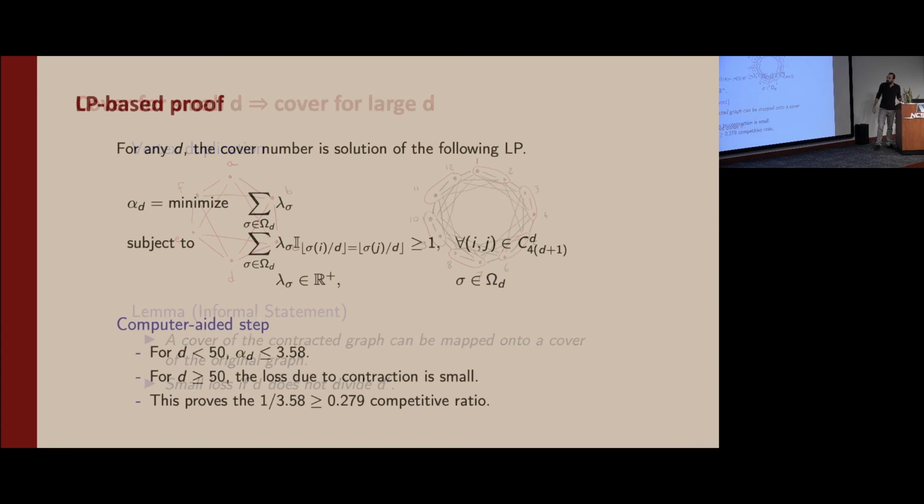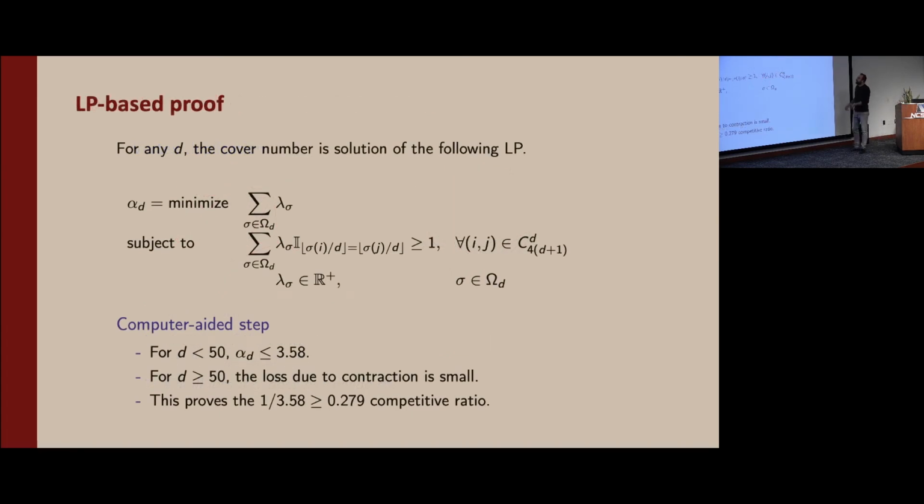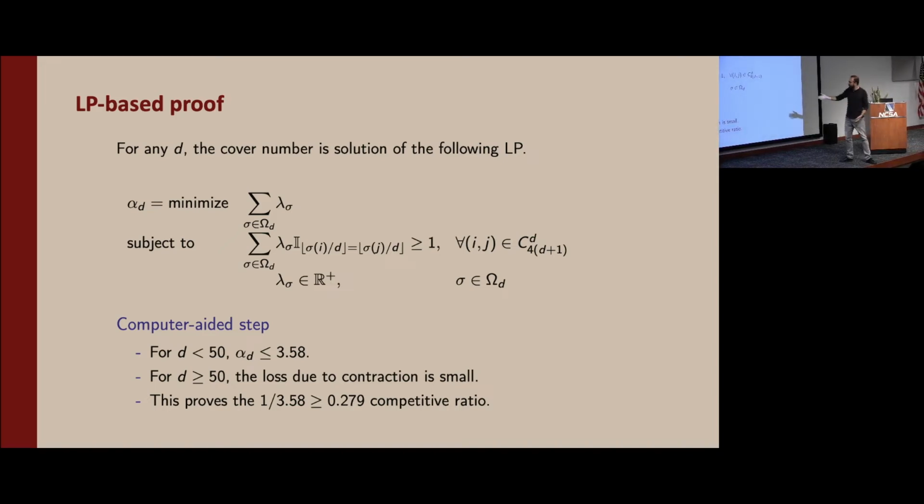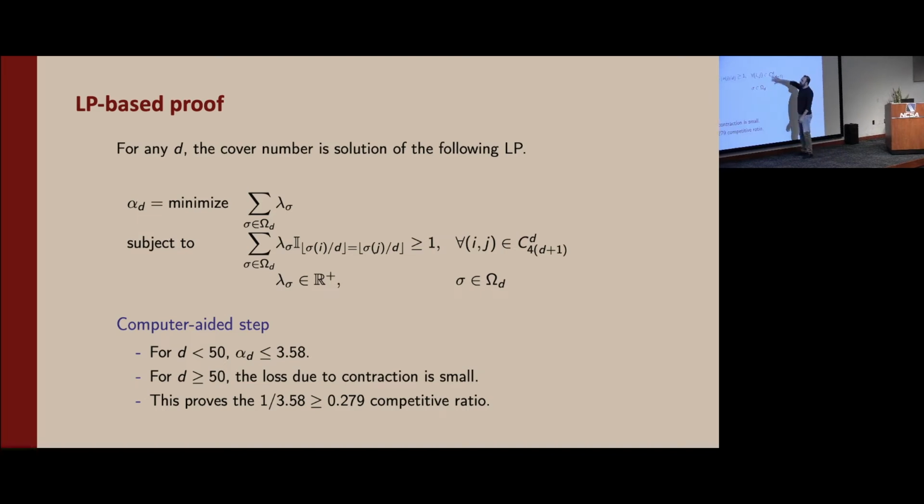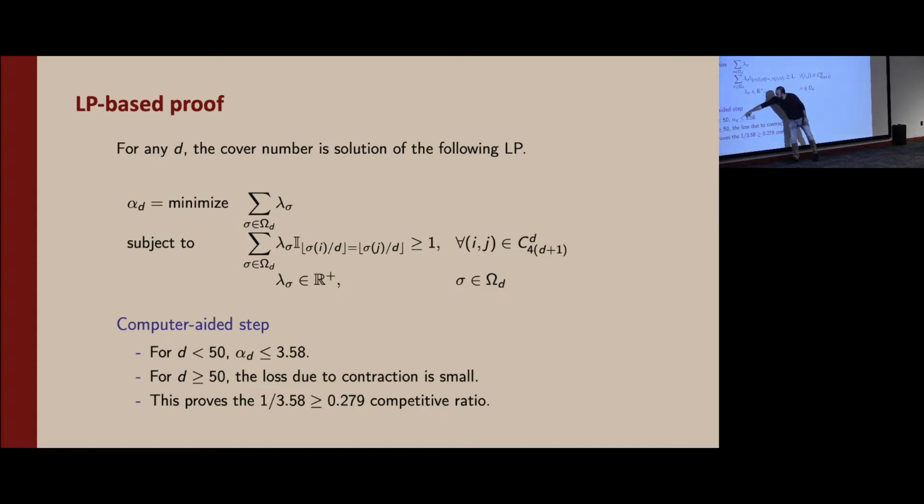So then, for a small n and d, you can write these linear programs that compute the size of the cover. Even for d equal to 50, this will be a very large linear program, maybe with like 50 factorial constraints, but there are these standard techniques for bounding the size of a very large linear program. We use those to compute the alpha that I mentioned.